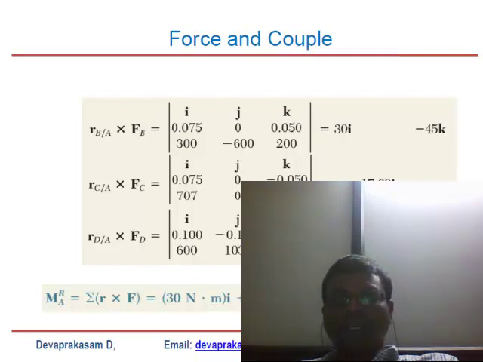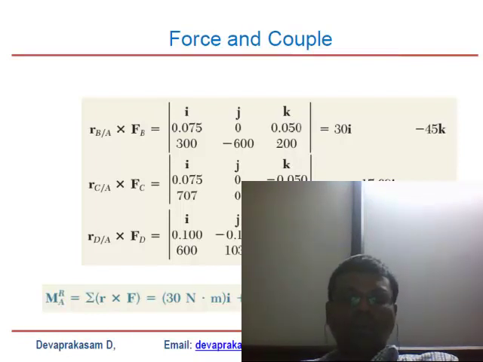If you do that cross product, you find that r of BA or AB vector cross FB is equal to 30i minus 45k. Similarly, CA vector cross FC is equal to 17.68j. And similarly, if you add AD cross FT, it is equal to